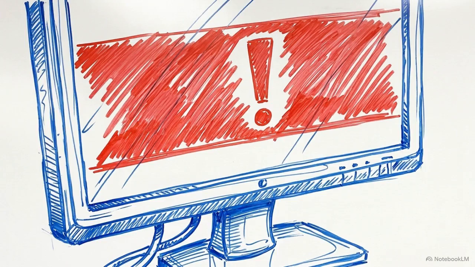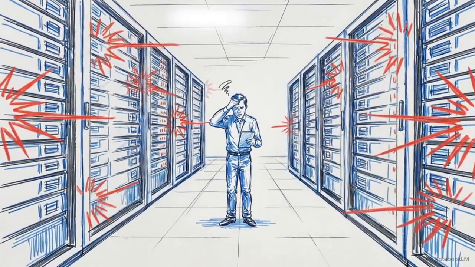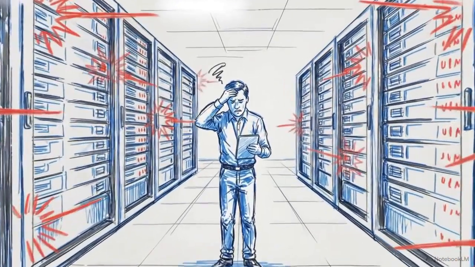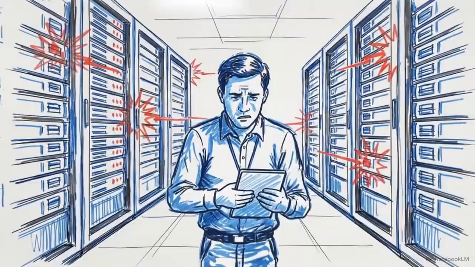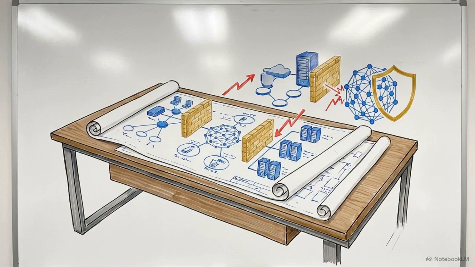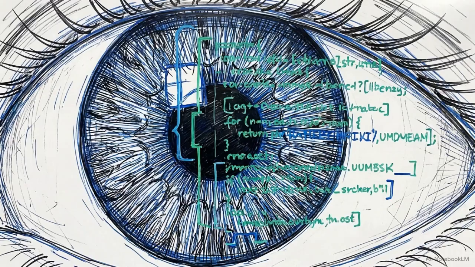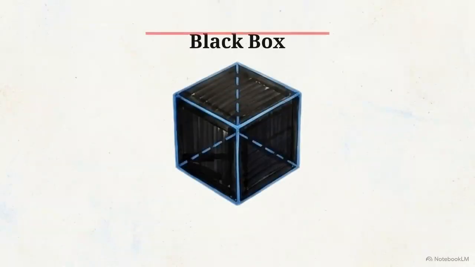But locating a technical flaw is only a diagnostic step. Pointing out an unpatched server does not address the operational failure that left the server unpatched in the first place. Before an engineer executes these tests, they must define their starting parameters based on information asymmetry, specifically how much architectural knowledge they have of the target. Black box testing simulates an external threat. The engineer starts with zero prior knowledge of the target system, forcing them to map the network blindly from the